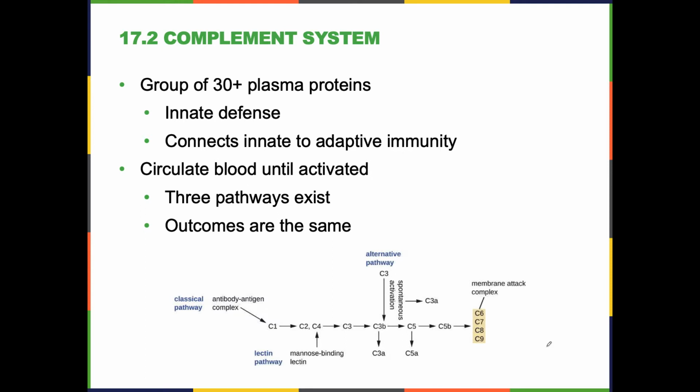So once again, this is a bridge between our innate and adaptive immune response. Basically, they circulate in the blood. I think there are 9 proteins that just circulate until they are, quote unquote, activated, right? And there are 3 ways to activate them. I don't want to talk about them, but they're called the classical pathway, lectin pathway, and alternative pathway. Activation can be a little on the complex side, so we're just going to know that there are different ways complement